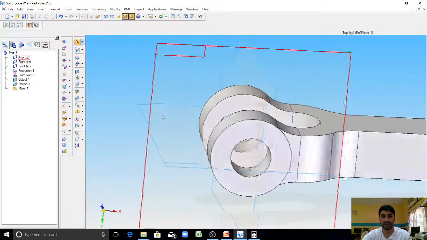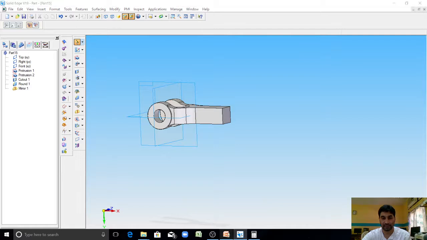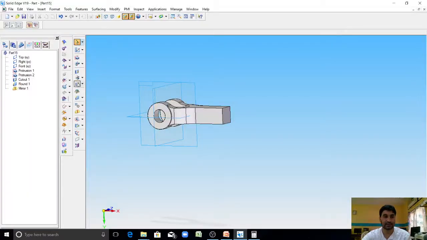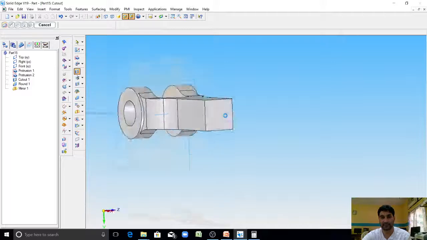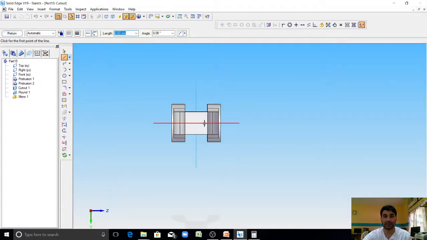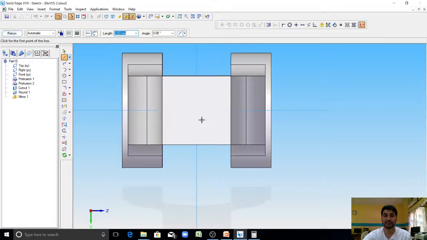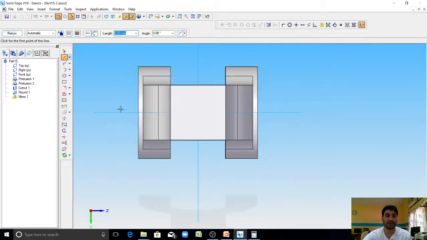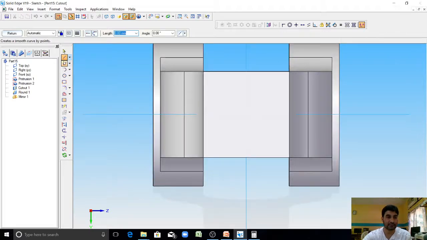Now we have an octagon inscribed in a square of 30. How to draw this? Let me explain. Go to the cutout operation here. Select this surface. Now in order to draw the octagon, the simplest method is to draw a square and rotate it about 45 degrees. I'll explain how to do this.